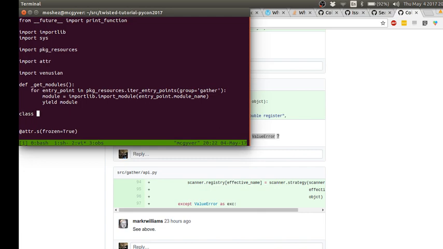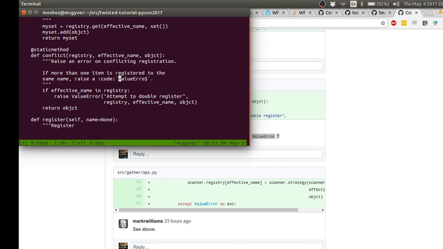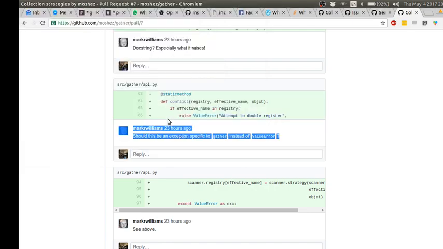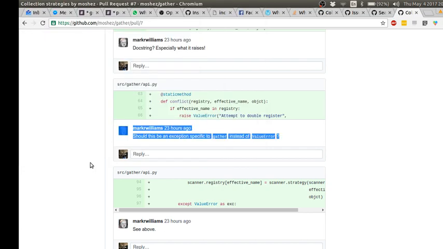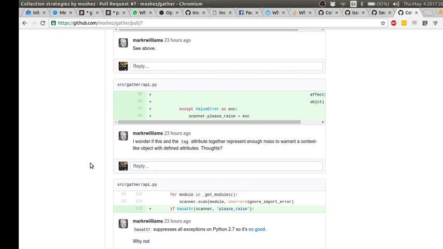We will inherit from ValueError. So GatherConflictError, ValueError. Okay. Yeah, so I think this is a good